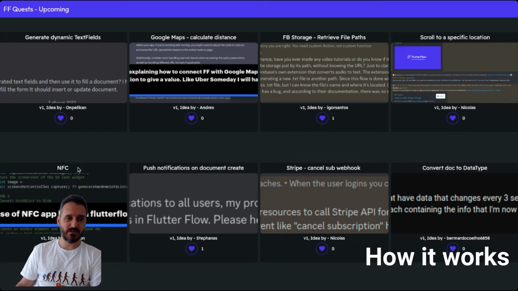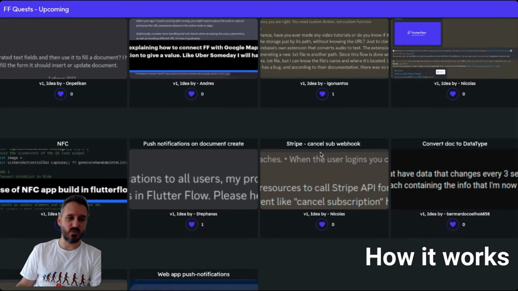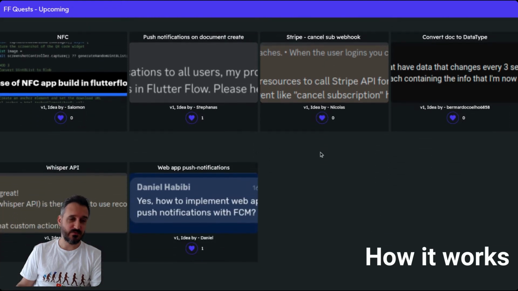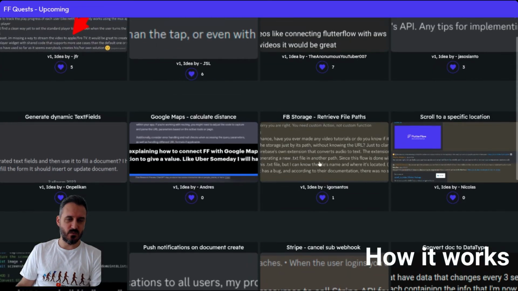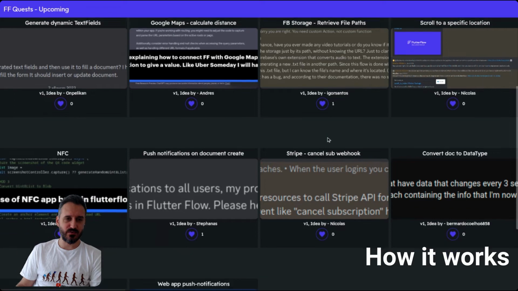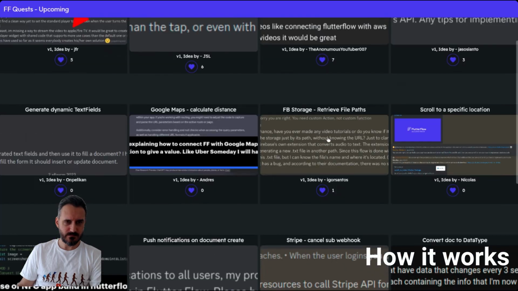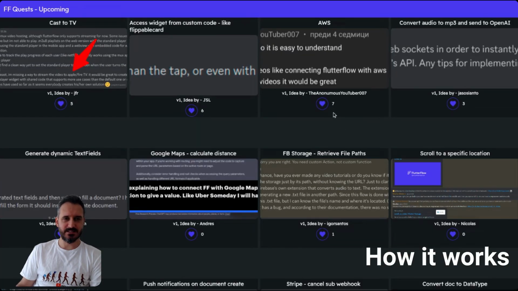What quests or topics do they want me to show them how they can do in FlutterFlow? This is exactly my idea, and I have a few of them over here. The idea is that I have a like button, which is a heart. If you press the heart, it should update this value, right? So right now I have 7 hearts for this particular item,